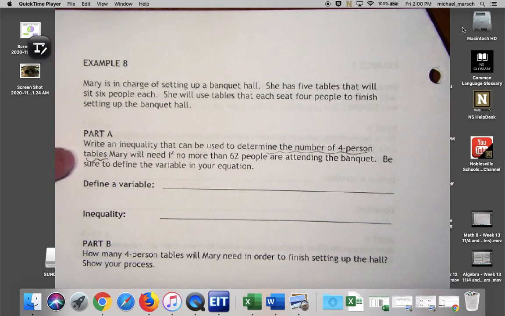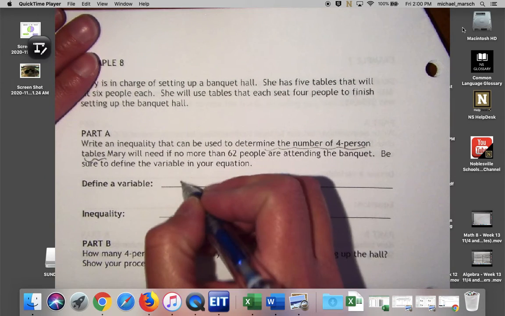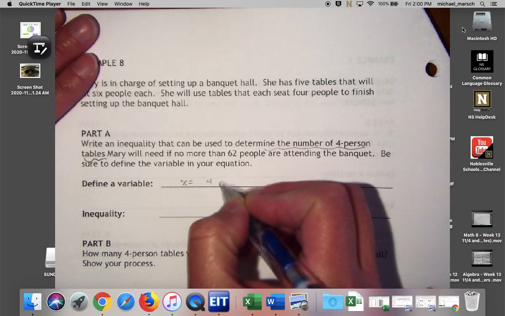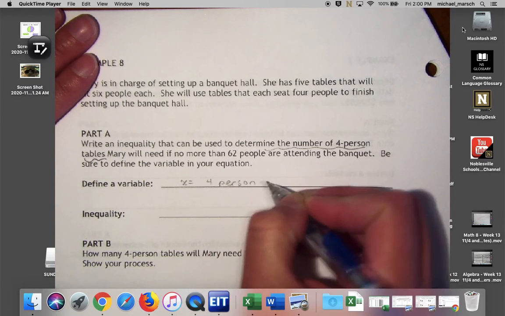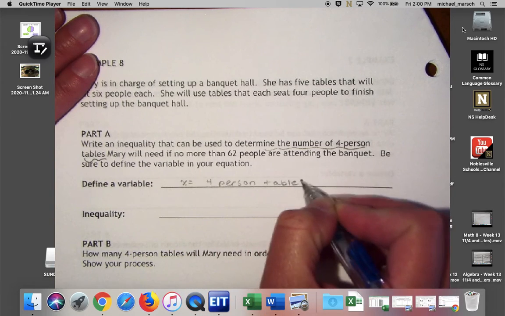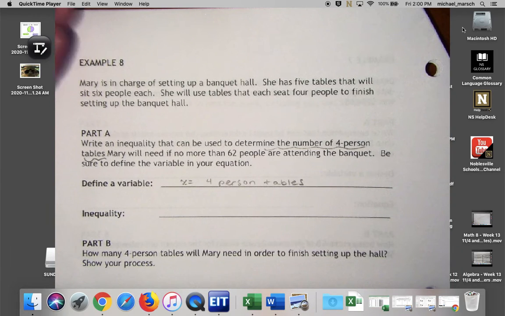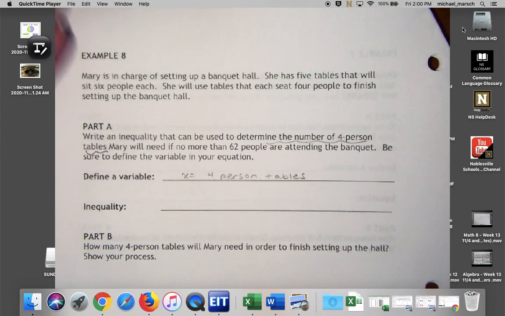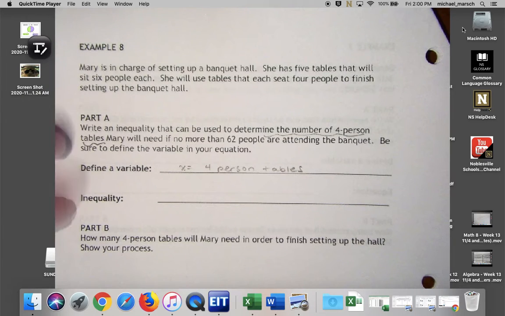Okay, so I just defined the variable. X equals 4-person tables. Right? Pretty easy. So now we're going to take what we know to create the inequality. So we know that